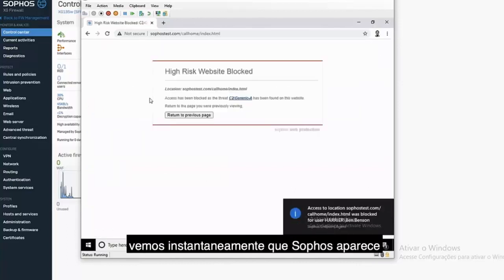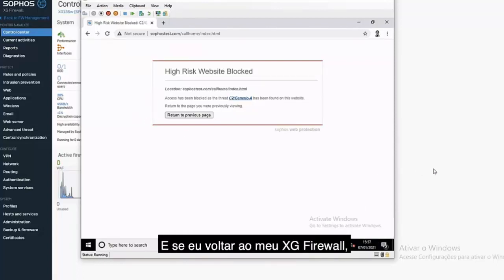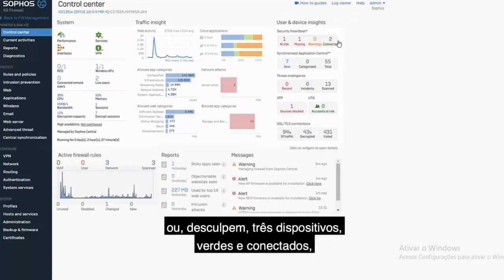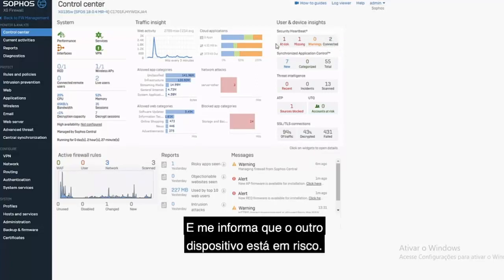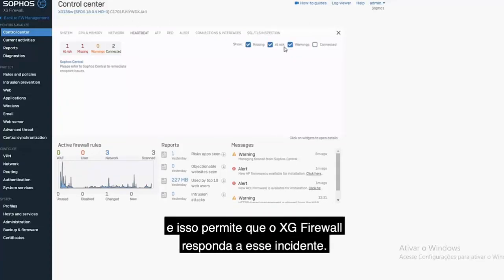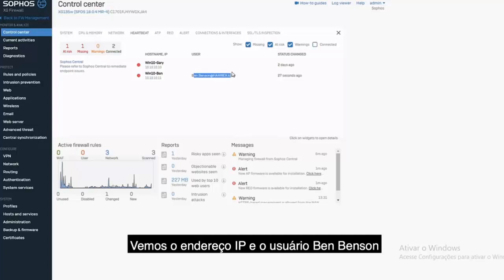And if I click that, you'll see instantly that Sophos jumps in the bottom right hand corner saying I've detected malware, and the health status of this machine has been lowered. And if I jump back to my XG firewall, you'll see that instantly, instead of having 3 devices green and connected, I now only have 2, and it's telling me that the other device is at risk. So instantly that endpoint has told the XG firewall that it's had a status change, and that allows the XG firewall to respond to that incident. And we can see what the machine is. It's called Win10Ben. We can see the IP address and the user Ben Benson,